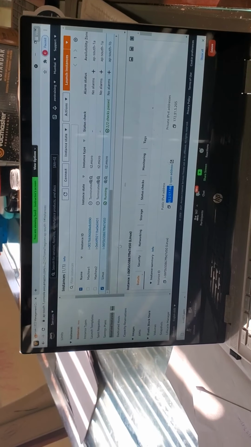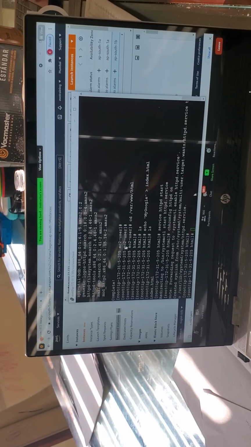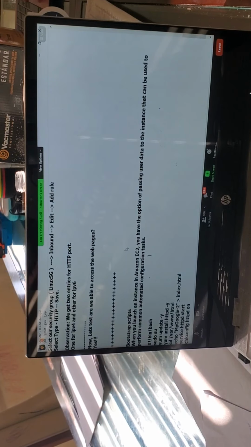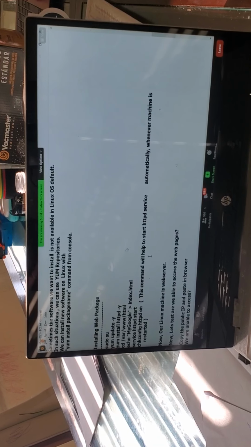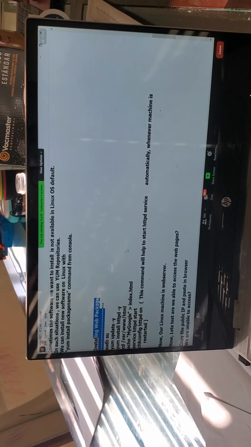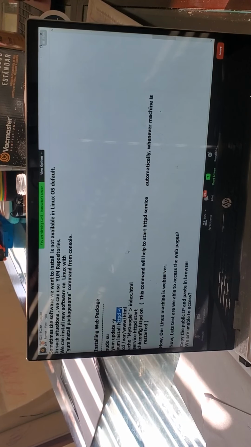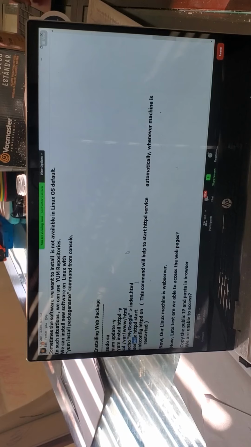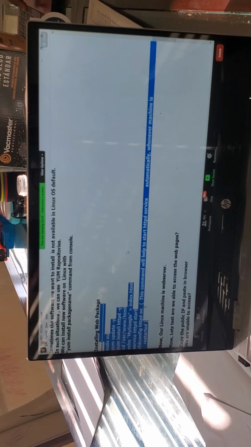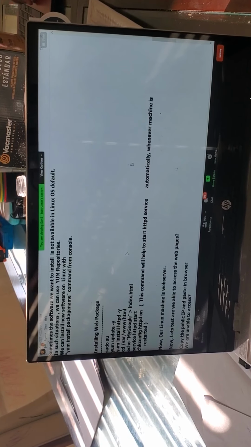In this Linux machine, what we have done first, we created the Linux machine, and I connected to the Linux machine using PuTTY. And in the PuTTY environment, we executed some commands to install the web package. Go back. So these are the commands which you executed in the PuTTY environment, isn't it? We switched to root user, updated the repository, installed HTTPD, created a file, and started this. And then that Linux machine is now called a web server. Now, what I'll do is provide a different approach. Look at this.